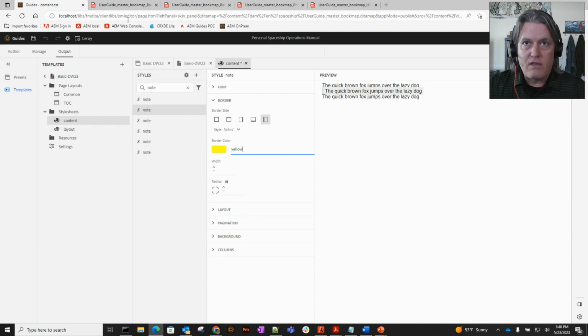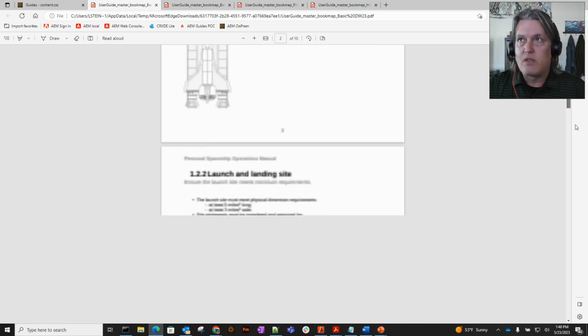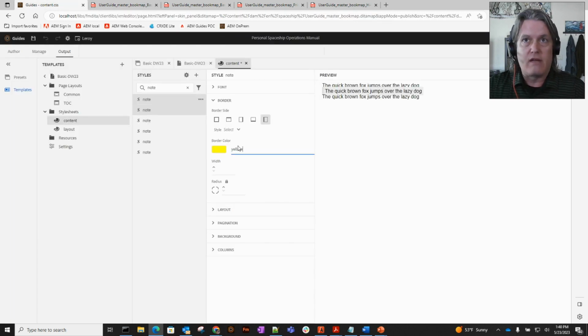And the other thing I wanted to do is, if you notice here, there's not a lot of space in between these. So what I'd like to do is add some padding around this note and add a little bit of a border to separate the note, to make that note stand out a little bit. So under layout, I'm going to do the padding and the border to the generic note. So let me go back to do that, because that's going to be the same for all notes. So I'll just finish what I'm doing for the specific note type. So this is caution,